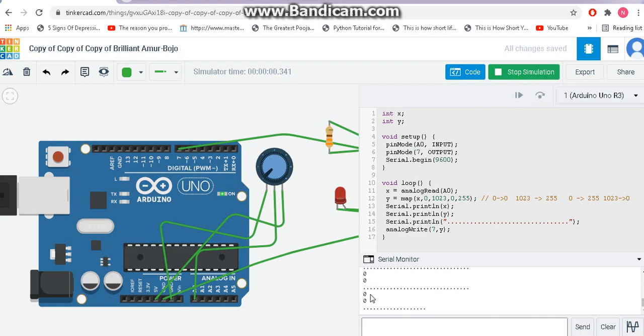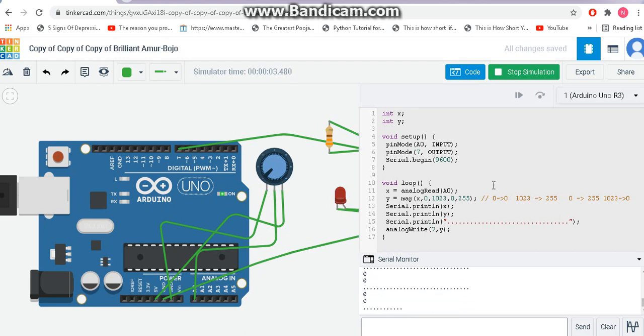Let's start now. See, the input value is 0, the output value is also 0, the output value is given to the LED, so the LED is off. When I slowly increase the input value, you can see the output value also increasing, because both were at 0 and now both have increased. At some point the LED is on and the brightness is increasing. You can see the values in the serial monitor, both are increasing. When the input is at the maximum, 1023, the output is at 255, the proper way. The LED is at maximum brightness because the output is at the maximum. When you decrease, the values will go down and the LED will go off.